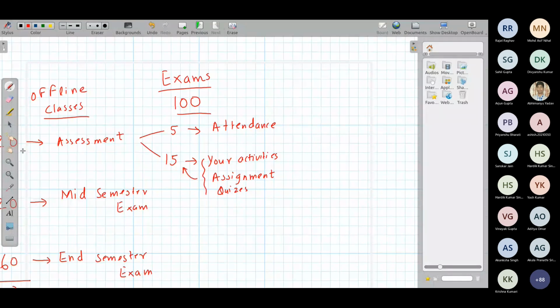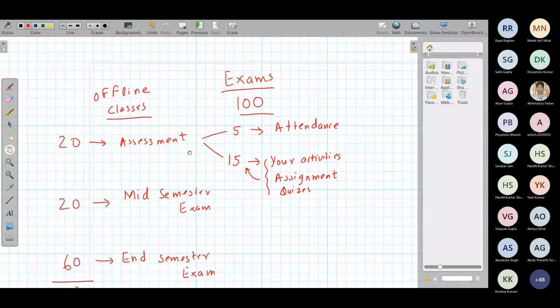of all these things make these 15 marks. Okay. So if you are active, you understand what we are teaching. यदि आपको उसे समझ में आ रहा है जो हम पढ़ा रहे हैं, आप डाउट क्लियर करते जा रहे हैं, आप क्लास में अटेंटिव हैं, अटेंडेंस पूरी है, then it is very easy to obtain this 20 marks. 20 marks को अचीव करने के लिए आपको कुछ खास मेहनत भी नहीं करनी है. Remaining 80 depends on your performance. बाकी 80 आपकी परफॉर्मेंस पर डिपेंड करते हैं. And that's how